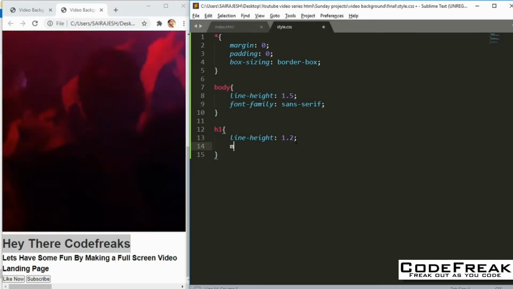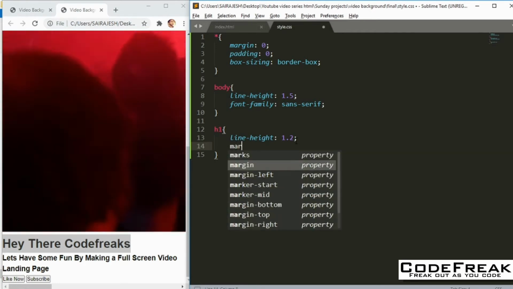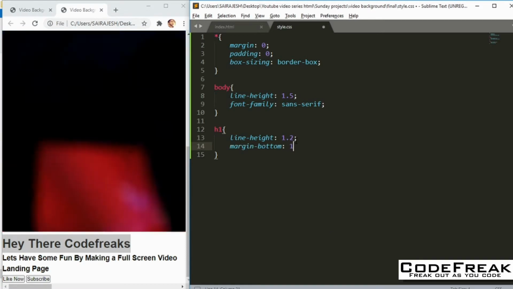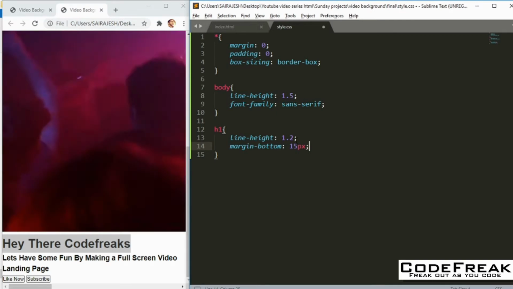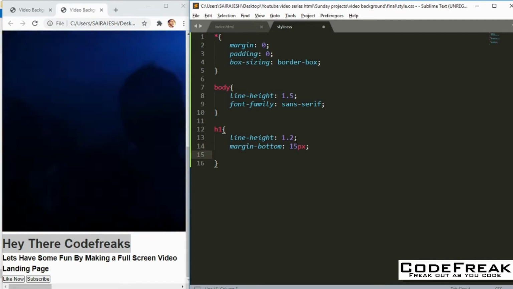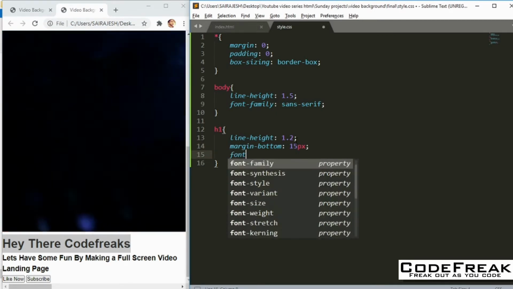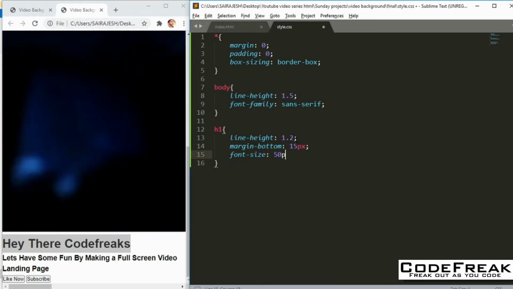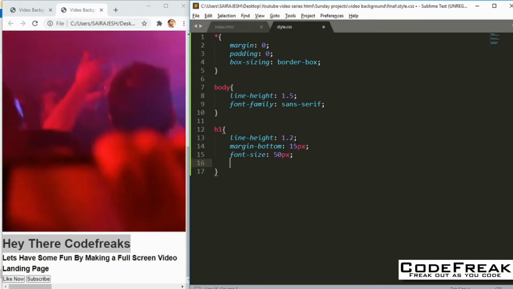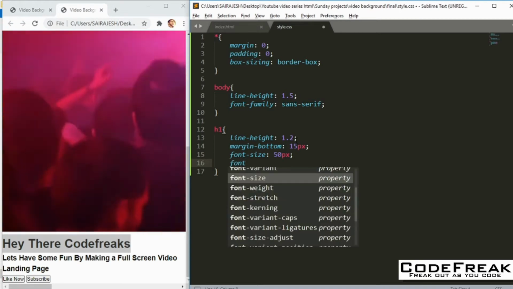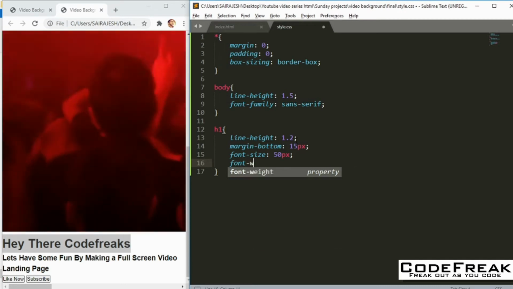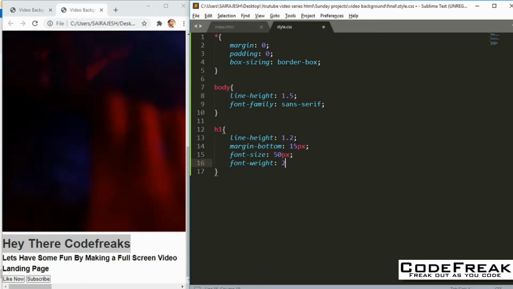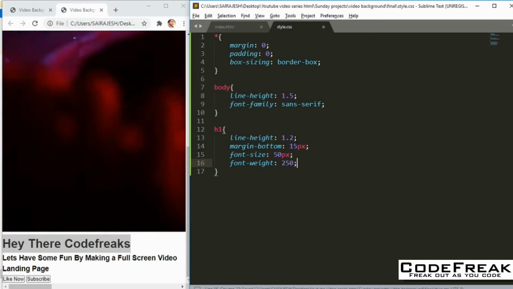Then we are going to give in some margin in the bottom. That is another thing that is important. Let's give a margin bottom of 15 pixels, 10 pixels, it doesn't matter. I'm just giving 15. And also we'll give it a font size. I want to make it a bit bigger, so let's make it 50 pixels. That may look good. It's your choice finally. And I want to make it thinner, so for that I'm going to use font weight, and I'm going to make it 250 or 200. Let me do 250 because I've done it in that one also, so it doesn't matter.